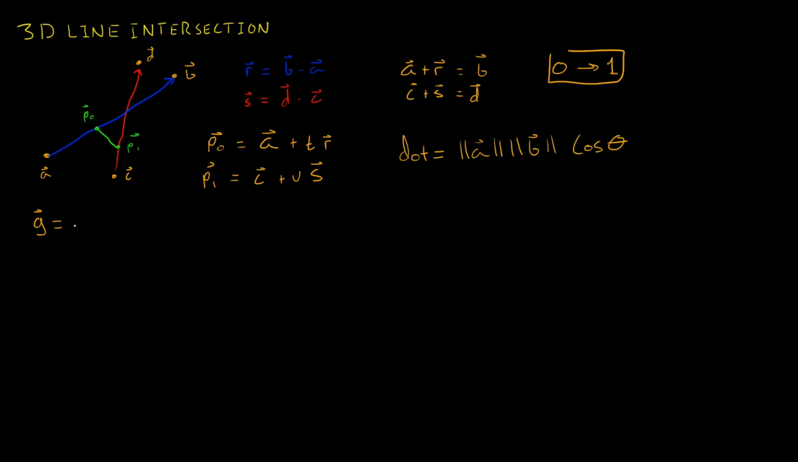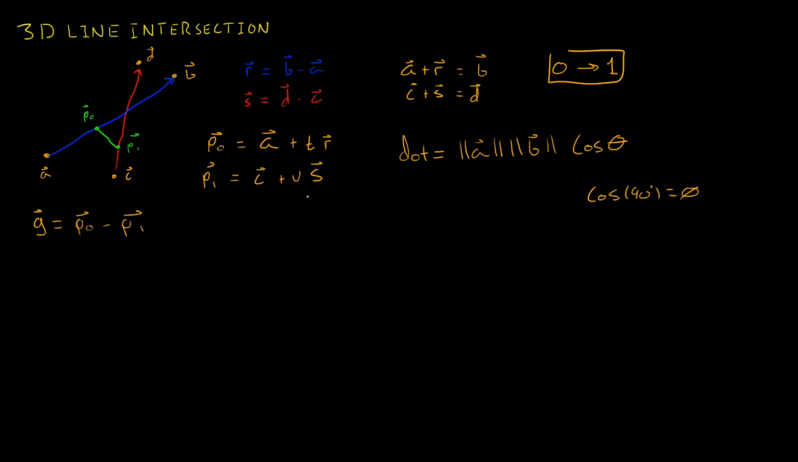G is going to be equal to P0 minus P1, and that'll give us some direction like that. We know that because it is 90 degrees to both the blue and the red line, regardless of what the magnitude is, because cosine of 90 degrees is equal to 0, the dot product will be equal to 0. So therefore, we can say that these two representations of lines,